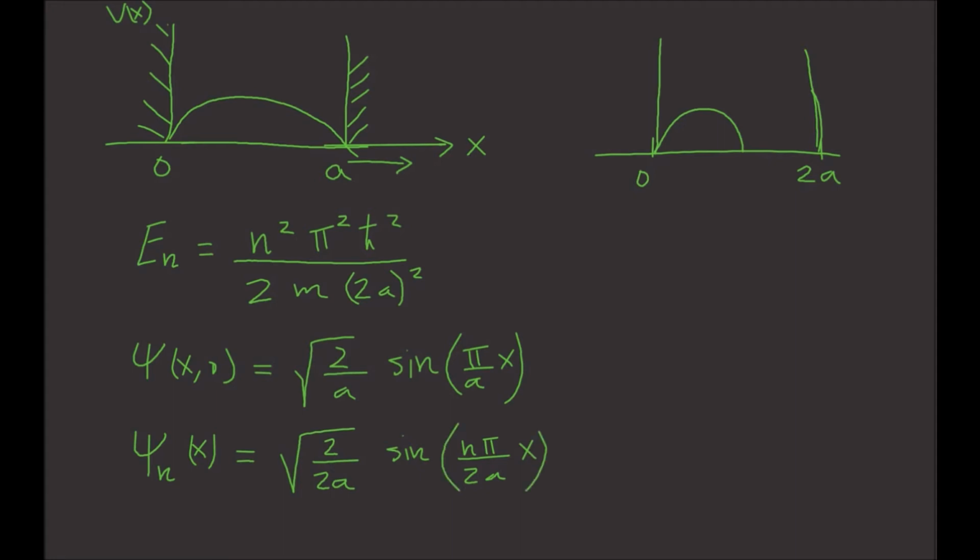Alright, so now let's look at the coefficients c sub n. If you remember from Fourier transform, we have the square root of 2 divided by a times the integral from 0 to a of the sine of pi over a x